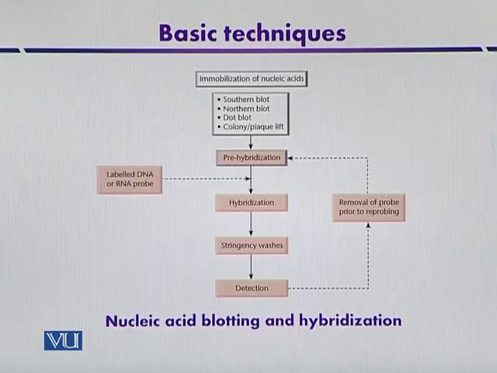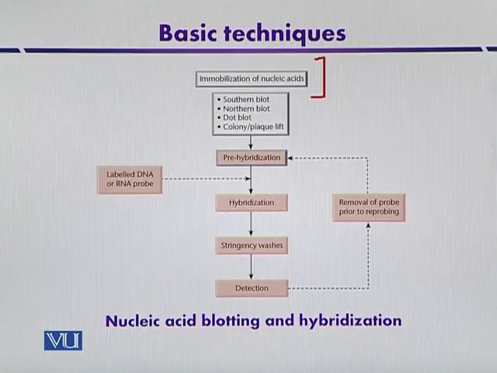This diagram showed the nucleic acid blotting and hybridization. So here, in the first step, we have immobilized the DNA on the solid spot, that is either a nitrocellulose membrane or nylon membrane. And then they can also be denatured here so that double-stranded DNA can be converted into single-stranded. And then it can be analyzed by southern blotting or northern blotting or any other type of blotting. And then this nitrocellulose membrane that contained our denatured DNA, converted into single-stranded form,